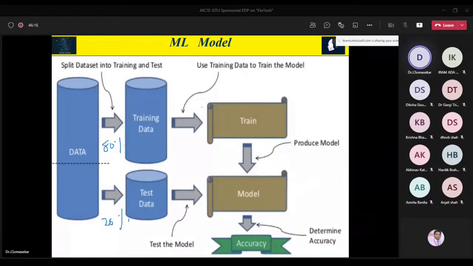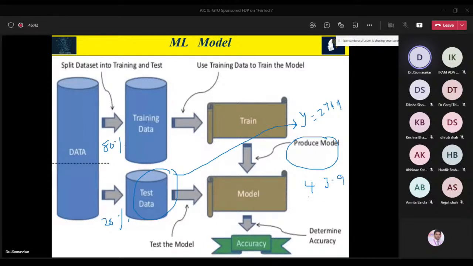When you make training, it will produce a model. Just now I explained one example of linear. Let us assume the model looks like this: 2 plus 4x, a linear regression. By using this model, we go for the tested data. We give this input to the tested data, and based on that, we can evaluate. For example, in tested data, the actual Bitcoin price is $4 and the predicted Bitcoin price is $3.9. So this is the meaning.